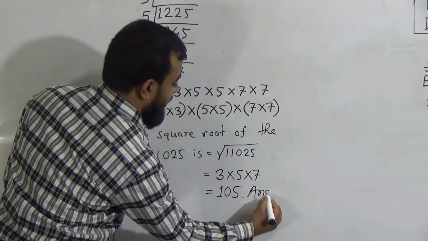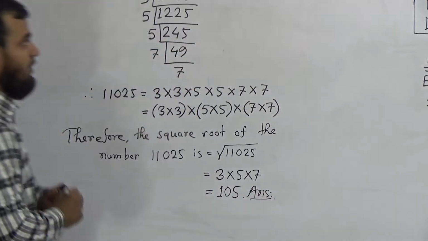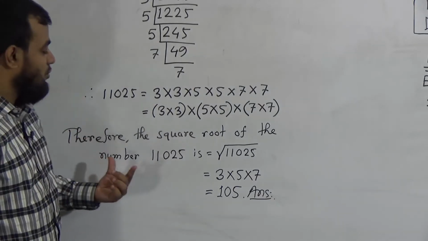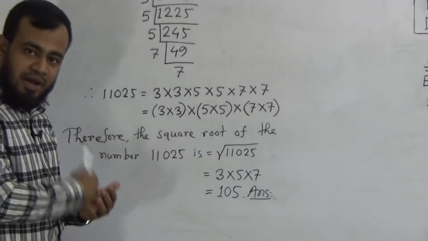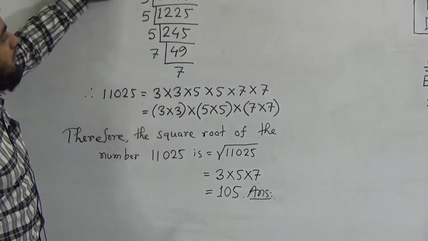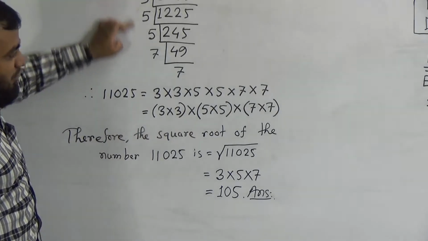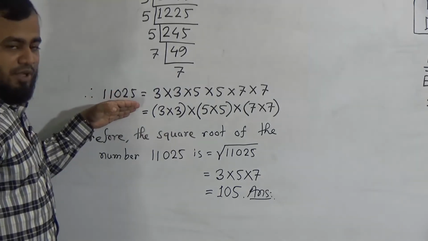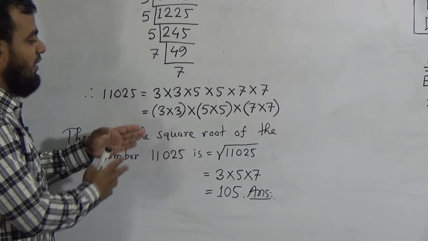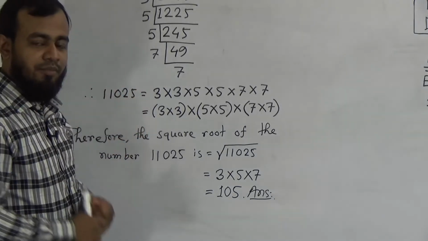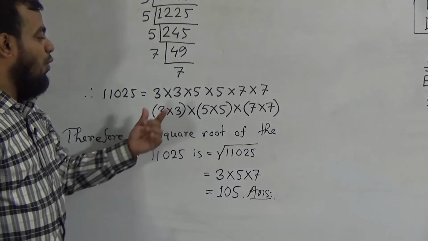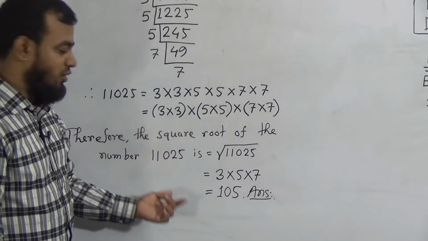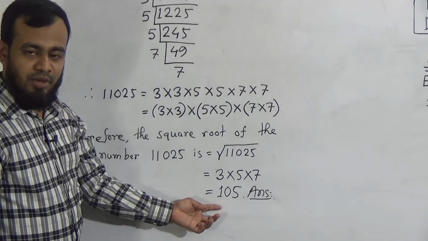I think, my dear students, you have understood. I am going to tell you again in brief. When we need to calculate the square root of a number by prime factorization, at first we must resolve that number in prime factors. Then after this resolving, we should write that number as the multiplication of the prime numbers. Then we should make the pairs of the prime numbers. Then we can take only one number from each pair, only one time. That is the result of our square root. My dear students, I think you have understood.